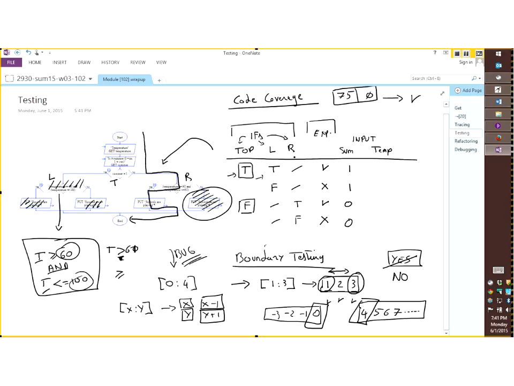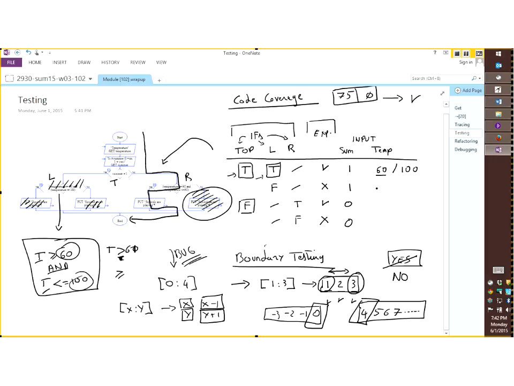Now, what about temperature? So temperature relates to the left and right if statements. So, okay, let's see. If I have the left if statement true, so that one right here, I can have that with a temperature of, well, 60. Okay, that works because the interval is between 60 and 100 inclusive. But I can also have this with 75, with 78, with 80, with 90, with 100.